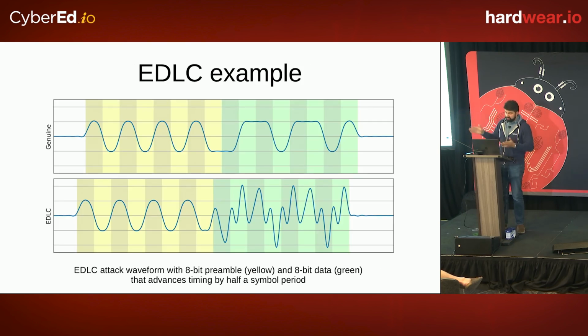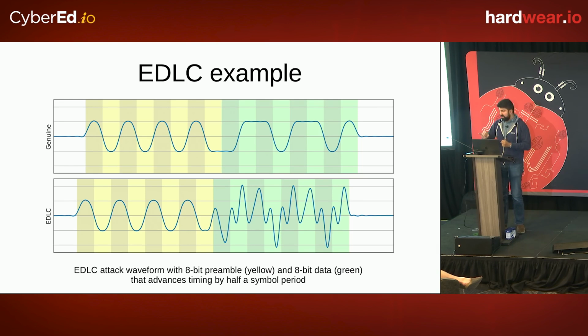Here's a little example of what an EDLC waveform could look like. Let's say the legitimate packet starts off with a preamble of just 101010, similar to what's in a Bluetooth packet. And then we have some value that is unknown to an attacker and pseudo-random. An attacker could start sending a preamble a little bit early. In this example, the attacker's preamble starts half a symbol period early. And then once the actual data starts, the waveform the attacker is sending is just an ambiguous runt pulse that could go either way. And then once the attacker finds out what the correct value for that symbol is by listening to the legitimate device, the attacker changes what they're transmitting,